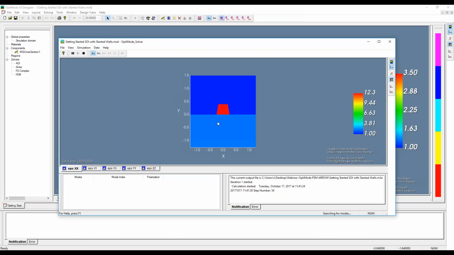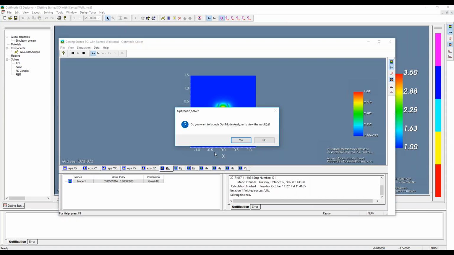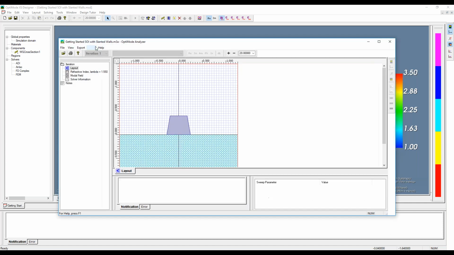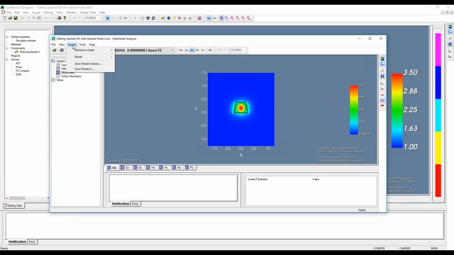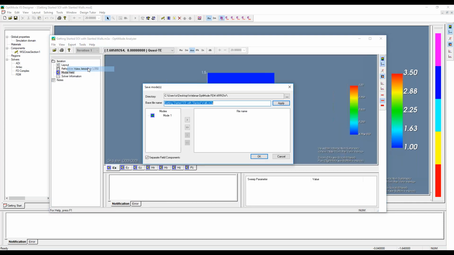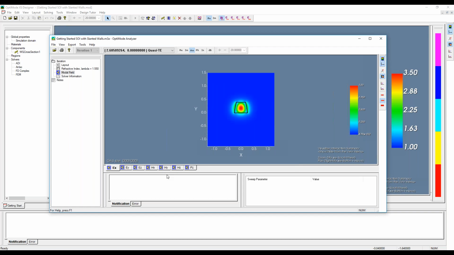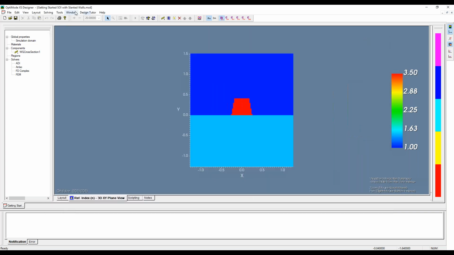If you already have a solution to the problem, you have a field distribution, you can use that previous solution to get a better mesh that will solve that mode. So I want to quickly show it. I'm just going to export this mode really quickly. So I'm exporting all the field values here into a file. And then if I go back to this one,